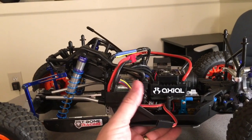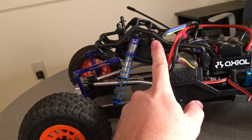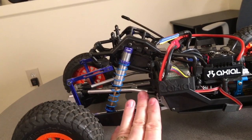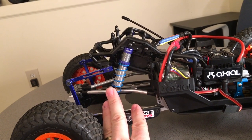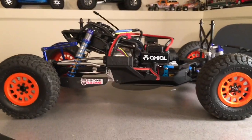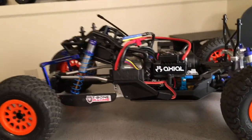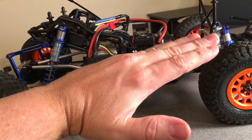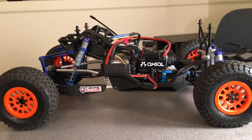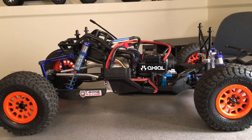The other thing I recommend doing is, the manual tells you to use the top front position and the bottom front position for your shocks. If you move your shocks back one notch, it brings the vehicle level. As you can see, the chassis is level with the ground. The body was sitting like this and the chassis was sitting like this, and that was odd to me. I thought at first moving the shock back was going to limit ground clearance or shock